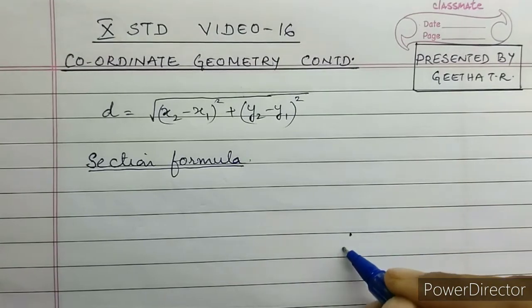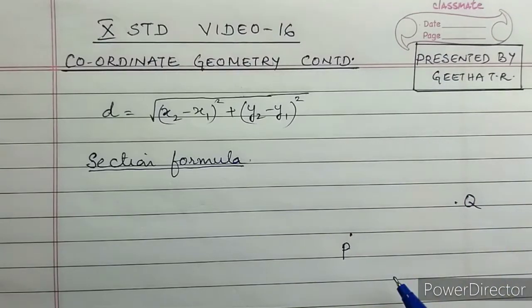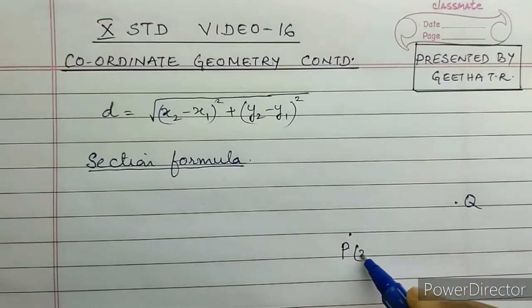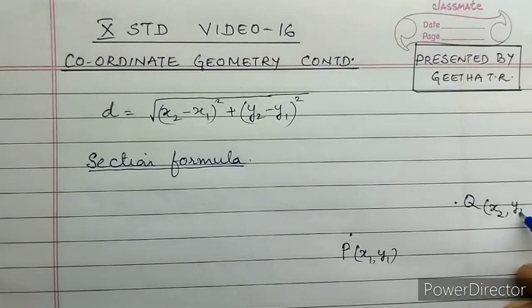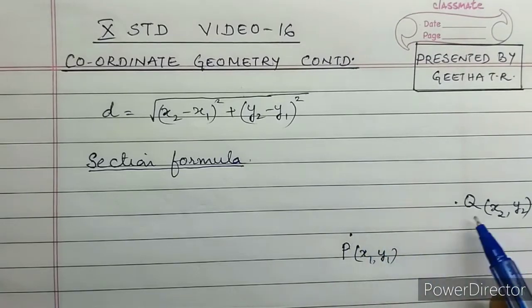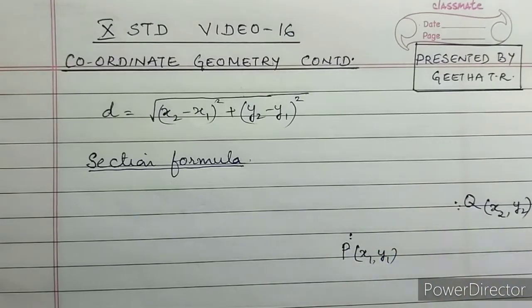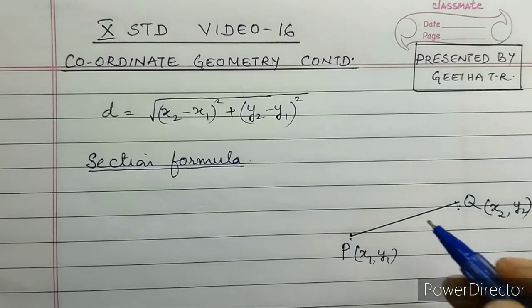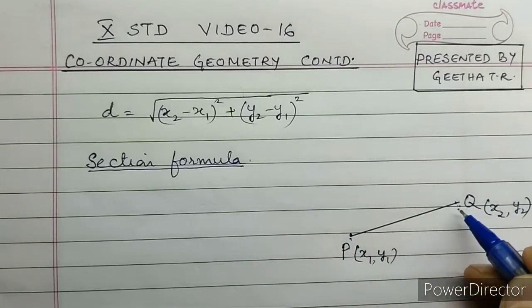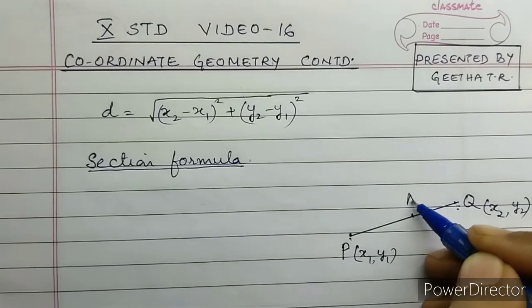Let P and Q be two points in a Cartesian plane where the coordinates of P are x1, y1 and x2, y2 for Q. So these are the coordinates given and P and Q are the two points. So if you join, you will get the line PQ. Now we are considering another point in between P and Q, anywhere you can mark. So here I am marking it as A